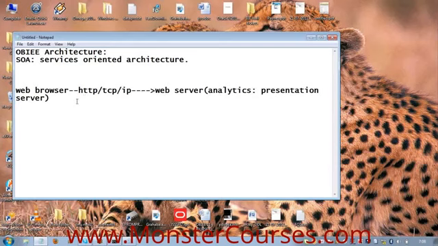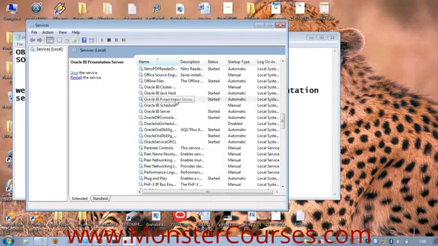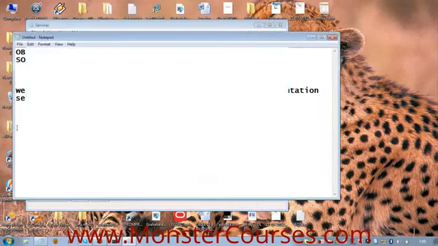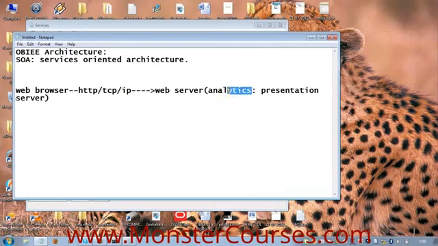Now you see the Oracle BI presentation server. This is also called the Oracle BI web server. You can also call this the Oracle BI web server. Fine? And it has a name. What is its name? Analytics. Now the web server has to communicate with the most important server, the heart of the OBI application,